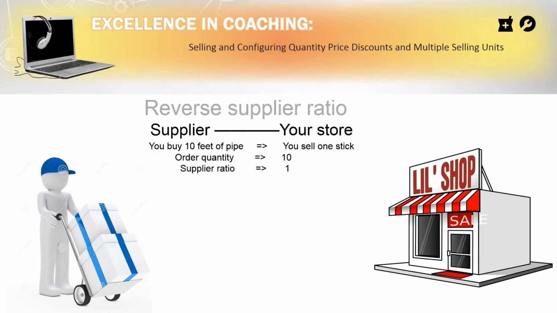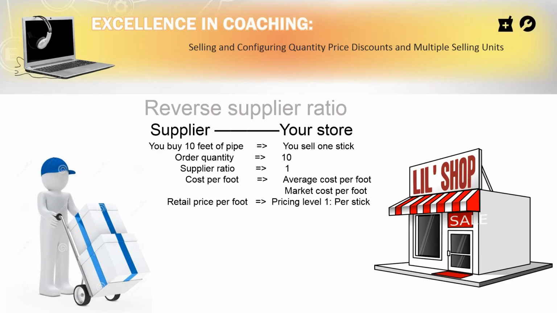My supplier ratio, though, is 1 because I'm not actually breaking this item up into smaller units. I'm actually making it into a bigger unit, and I'll show you how that is accomplished in a second. Now, your cost is going to be by the foot. They're sending you the cost by the foot. Unfortunately, your cost is going to be your average, and your market cost is going to have to be by